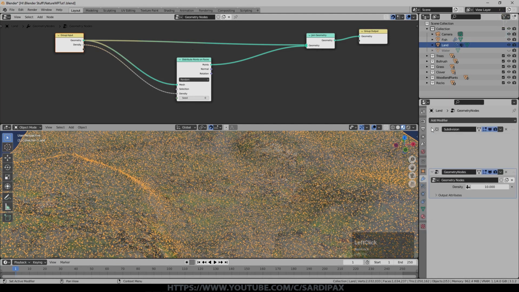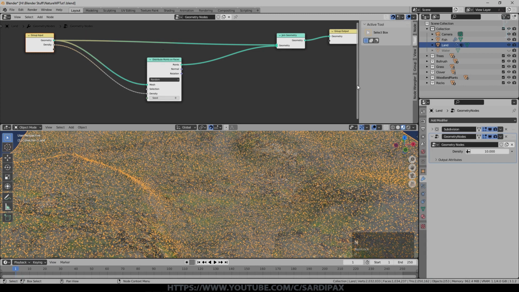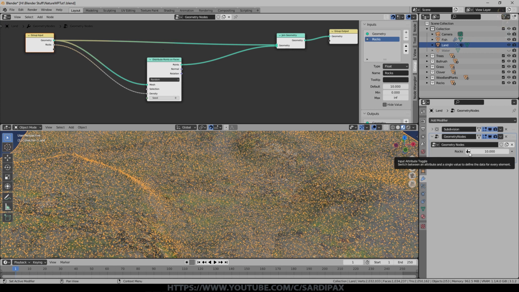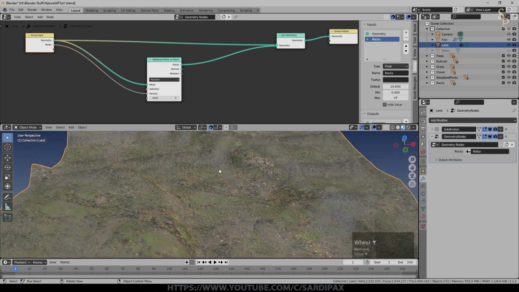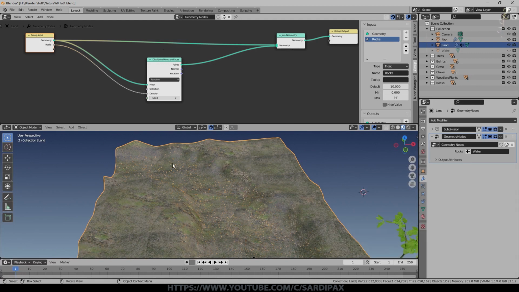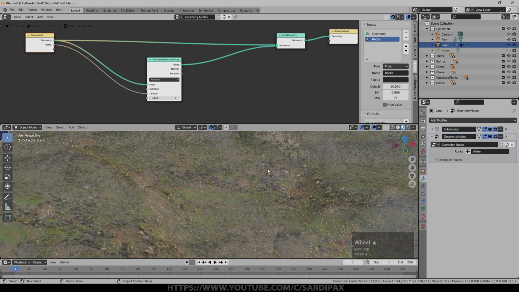If I go to my modifiers and look at the geometry node, I've now got this available. Currently just says density. I'm going to come up here just so that I don't forget with this node selected, and you can see there's the density input, and I'm going to change the name to rocks. And then down here I'm going to click this little flag symbol, and you can see it's gone blank, and I can now click in here and I can select the different vertex groups that I created. So I'm going to select the water vertex group here, and you should be able to see now that all those little points that were created are all appearing in and around the water area. There's probably too many of them at the moment, but we'll worry about that in a moment.